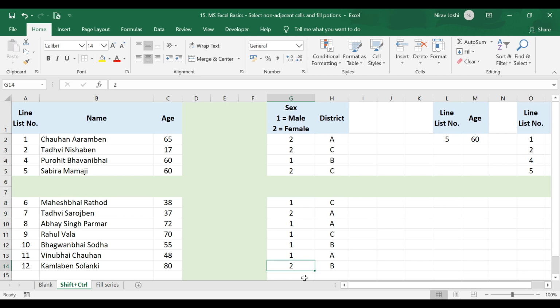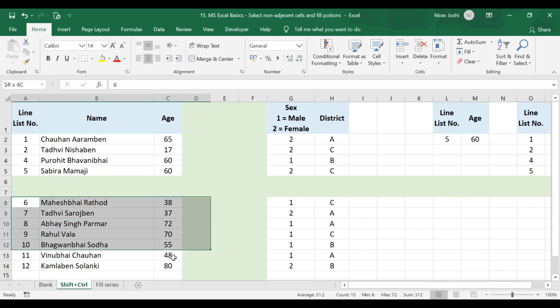Now this property can be used to select a range rapidly. Suppose I want to select this range. I can simply use the mouse, click the button and select the range. But suppose I want to use the keyboard, I can simply press the shift button, which is used to select the cell, along with the control button, and press the right arrow.